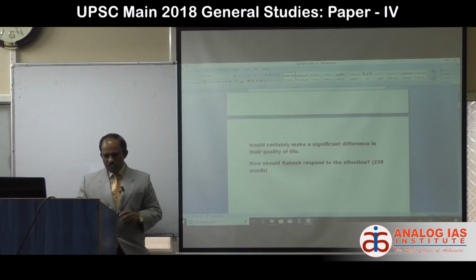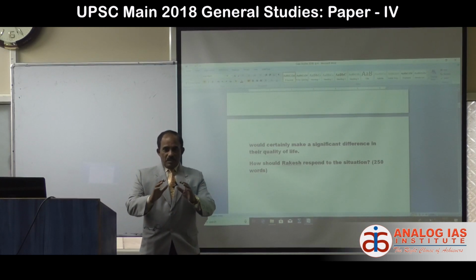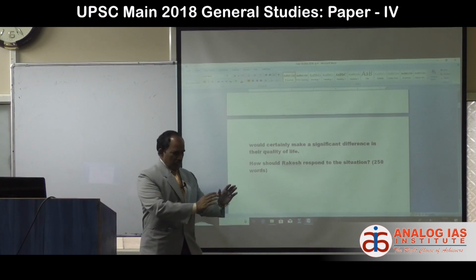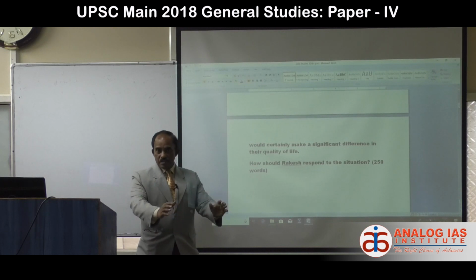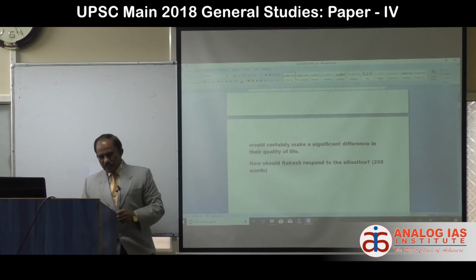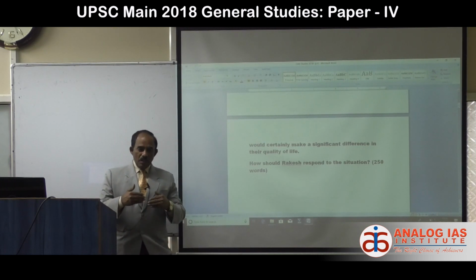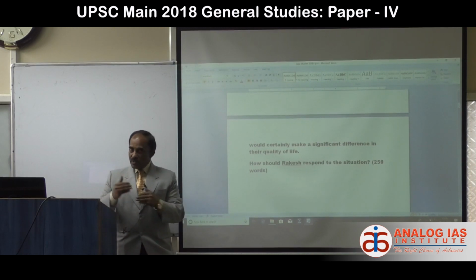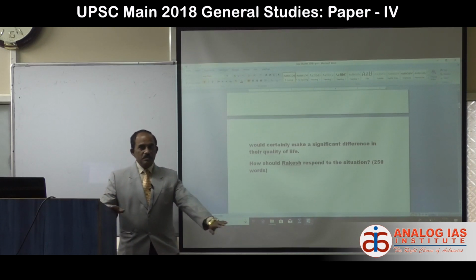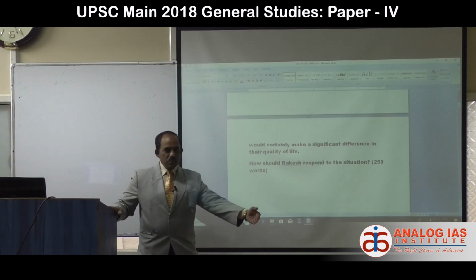The first choice is simply to ignore, because he is not coming under the conditions and it is against the rule. The second is you go a step ahead, violate the rule, and take the decision to extend the same benefit